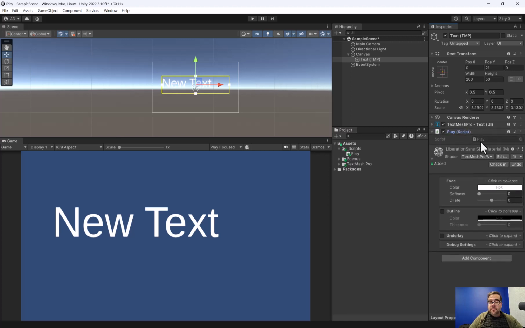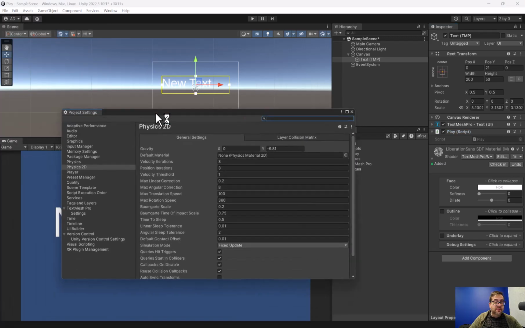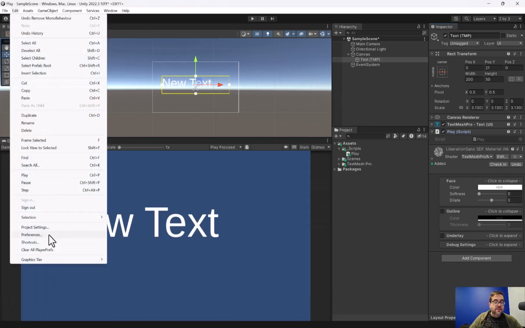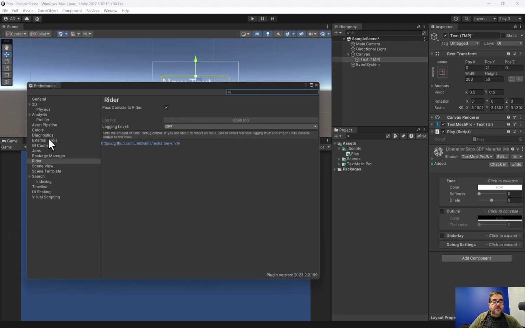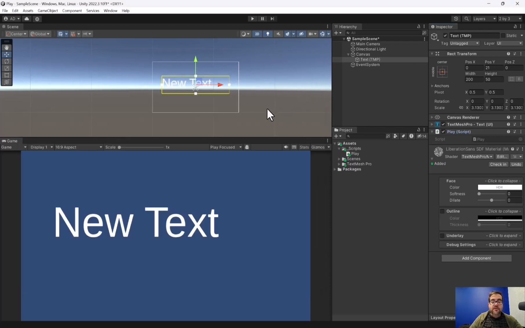All right, so that's that. Let's go ahead and unpack this. I'm going to go up to the top here, edit, and then project settings. I believe it's actually preferences. Yeah, edit, and then go to preferences. Now when you go to external tools here, you're going to have an option to select Visual Studio, not Visual Studio Code. You don't want Visual Studio Code, but Visual Studio, especially if you're on a Mac. Install Visual Studio for Mac. I'm using Rider, so I'm going to select that. Really, it's just a different type of editor. It's not a big deal. So I'm going to double click this and